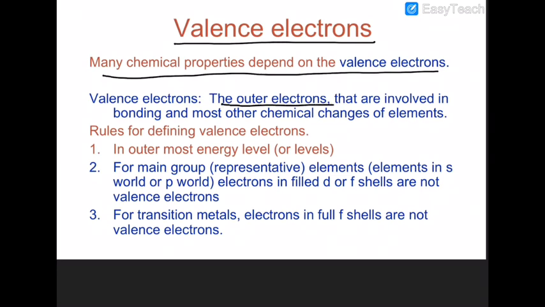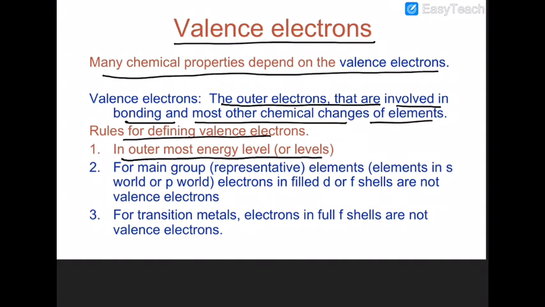Valence electrons are the outermost electrons that are involved in bonding and most other chemical changes that occur in that particular element. So there should be rules to define the valence electrons. And what are the rules? They should be present in the outermost energy level. For main group means s and p,